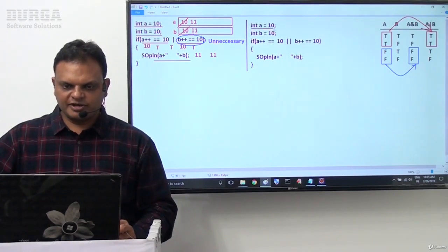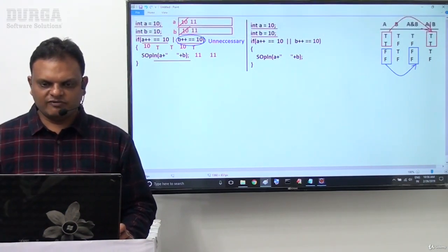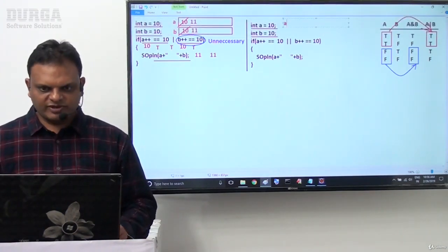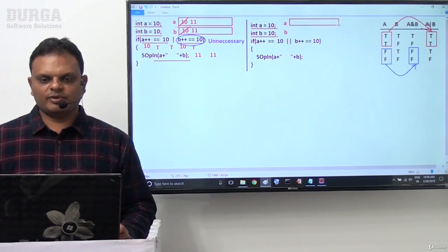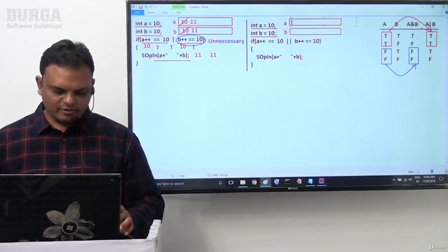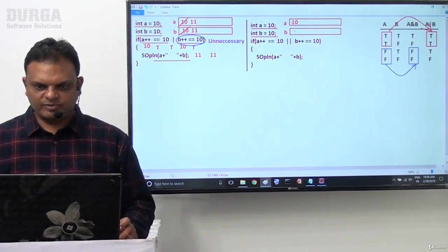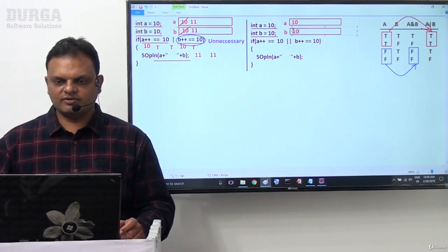When JVM encounters int A equals 10, B equals 10, immediately JVM will assign 4 bytes of memory for the A variable, and again 4 bytes of memory for the B variable. Now the initial values for A and B: for the A variable, the initial value is 10, and for the B variable also, the initial value is 10. Both have initial values 10 and 10.